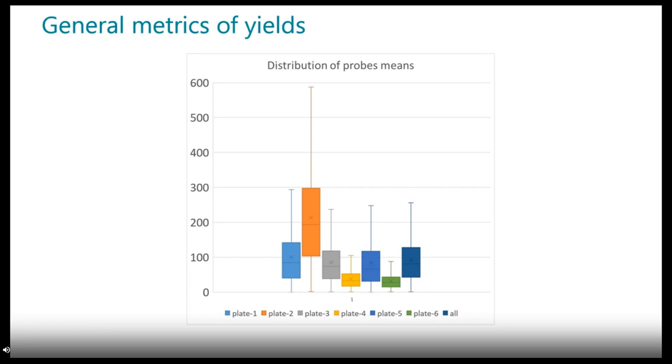If we then look at the distributions of coverages across probes, we can see that for plates 1, 3, and 5, which are the plates that reach exactly what was intended to be the target coverage, we have a similar pattern of variation. We instead have a much higher median for plate 2, which was on purpose over-sequenced, while for plates 4 and 6, you can clearly see that they are lagging behind, and this is because we have not yet completed the sequencing for those.